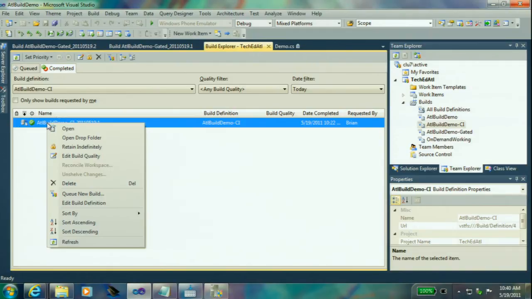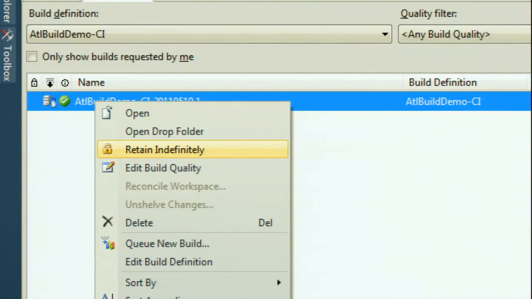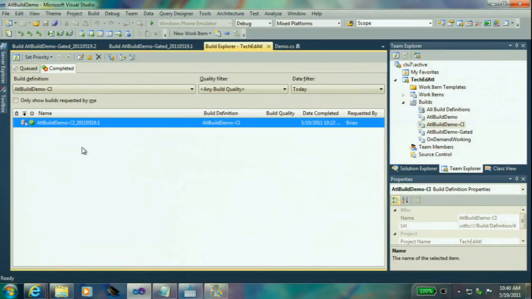If I want to get rid of this, I can right click, and first of all I can say, you know what, keep this indefinitely. That means regardless of the retention policy kicking in and saying it's time to delete this build because it exceeds 10 of these build types, this is a special build. We want to keep this. Okay, and that prevents auto deletion. But if I do decide to delete,